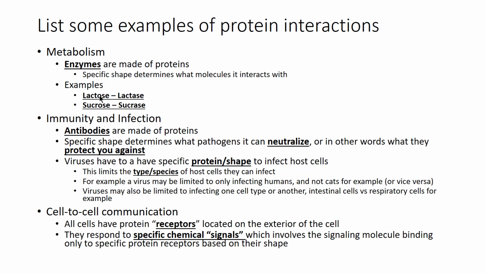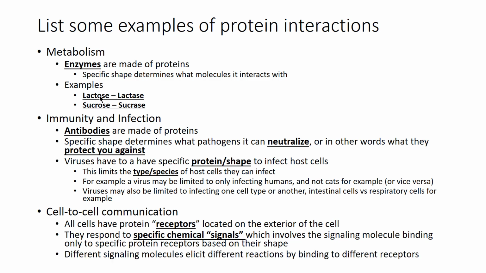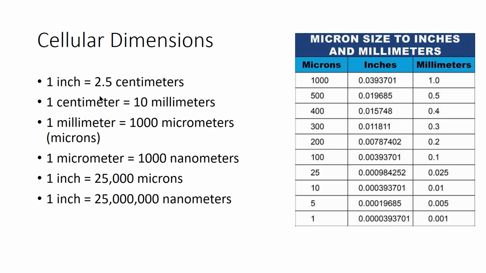The exact nature of it will vary, but ultimately the protein acts as a feedback mechanism that picks up signals to give the cell information about its environment. So those are some examples of how proteins work and some of the key aspects of why they're important. A couple more things on cells and we'll wrap this up here.